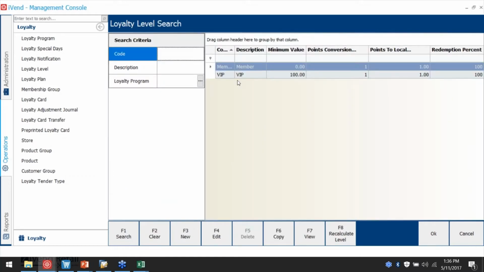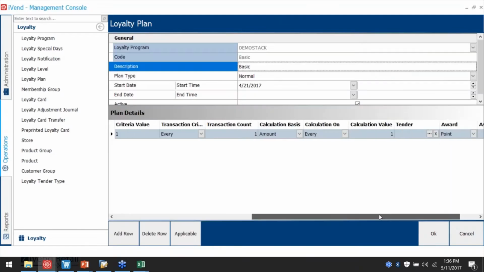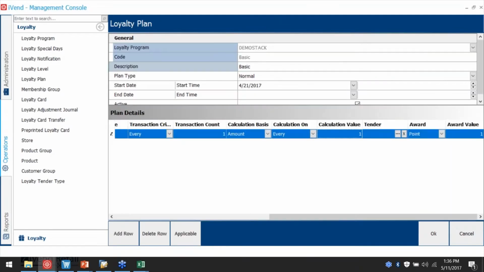You define the different level for different program, and then you define the loyalty plan where you can set up the very basic rule that if the customer spends every $1, they will get 1 point. Okay, so that is the very basic thing you need to set up in the loyalty program, Loyalty Standalone. And